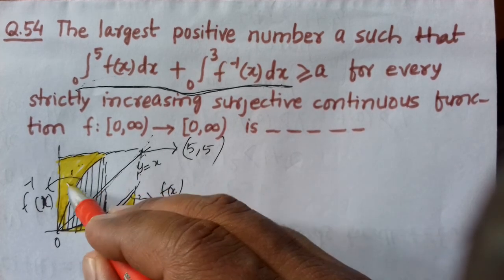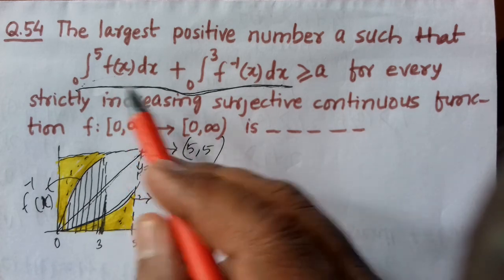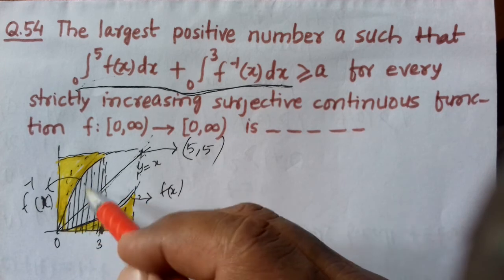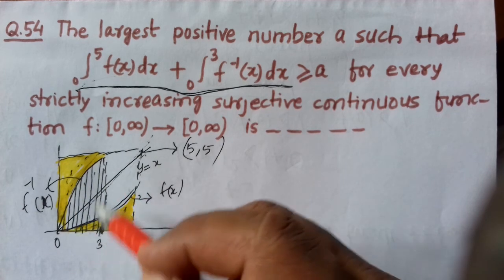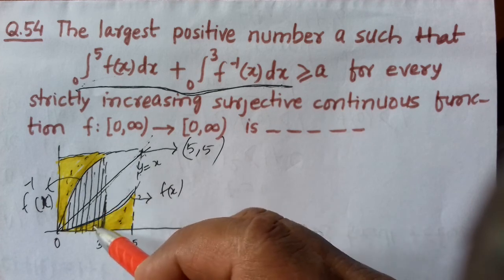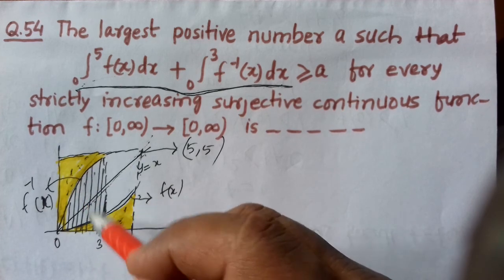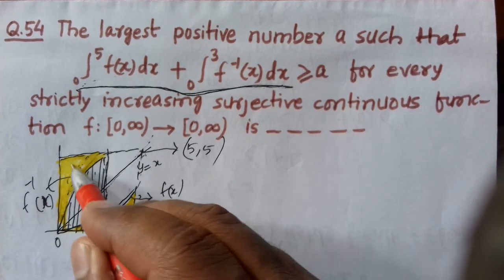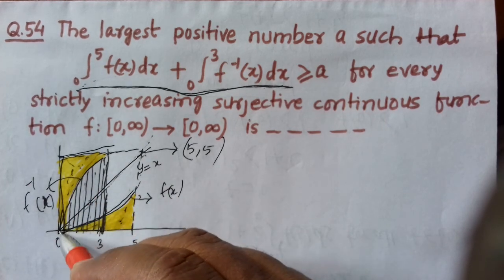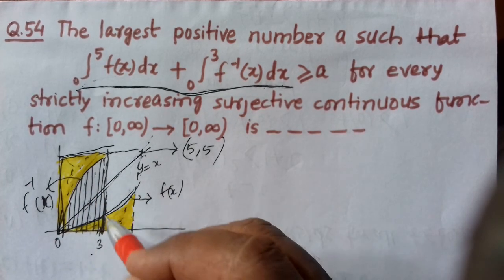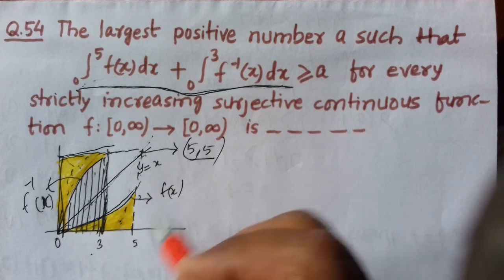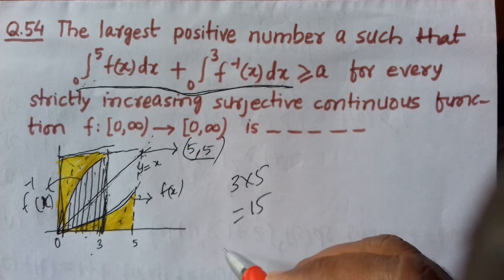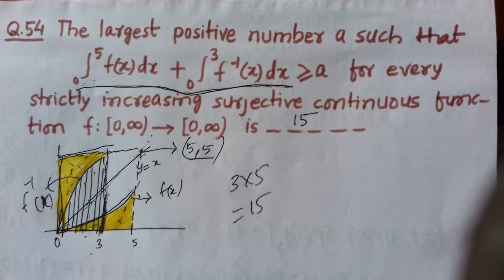So for this we can take this area, and the second is 0 to 3, that means the area with vertical lines. The sum of these two areas, if you add these two, gives you this rectangle, and you know the area of this rectangle: here you see 3 and this is 5, because here you see the point 5. 3 into 5, you know 3 into 5 is 15, so our answer will be 15. So 15 is the right answer.